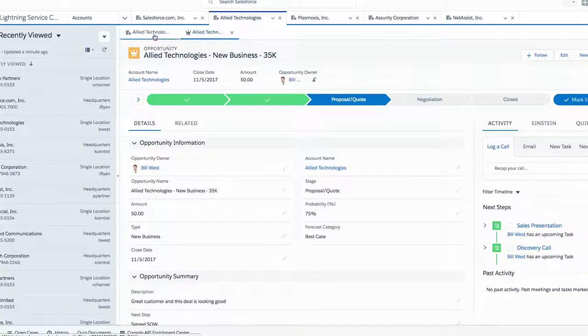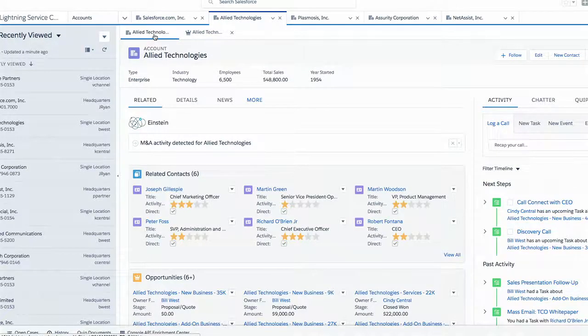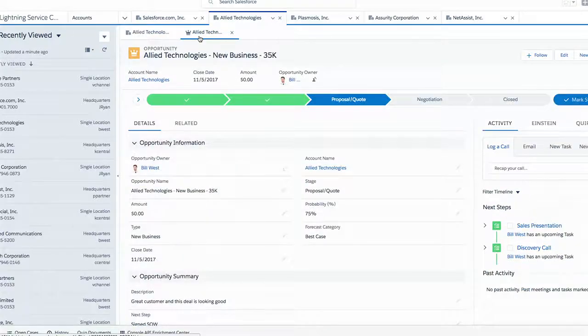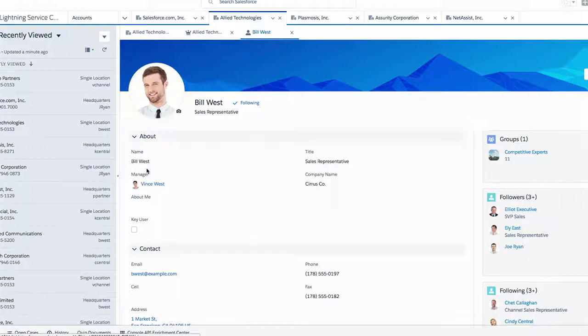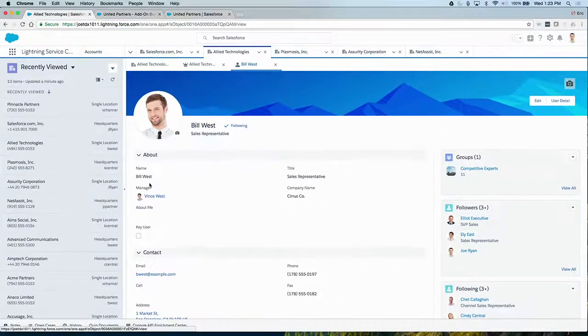So what we've done is we've organized the original account record you're on as a sub-tab, and we popped out the opportunity as a sub-tab. And let's say I didn't know who Bill West was, but Bill owns this opportunity. I'd like to go check out Bill, so I click on him, and I get a third sub-tab. So what's great about this is we are organizing everything under this master account tab where it's all related, and